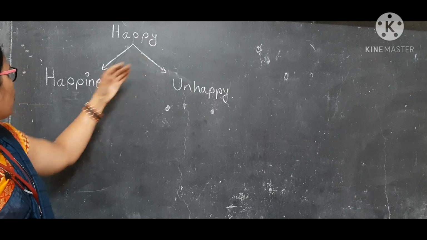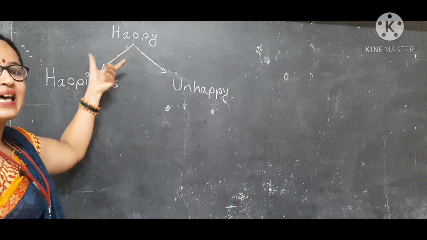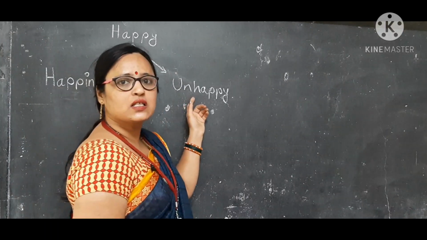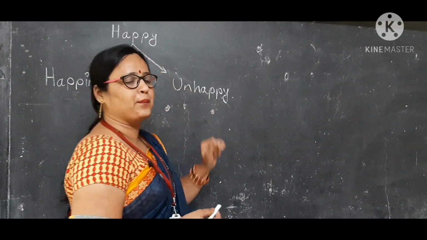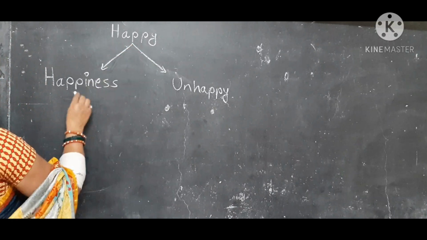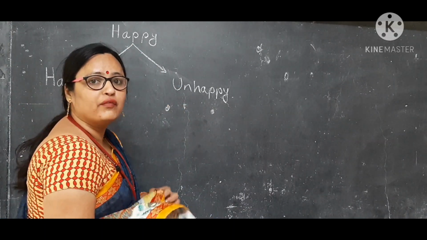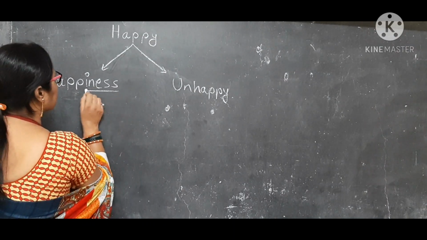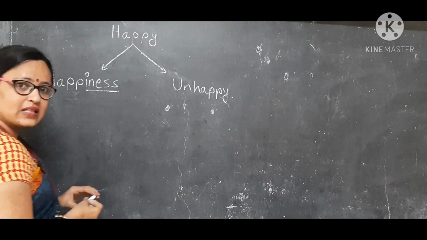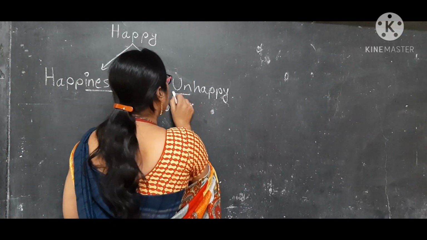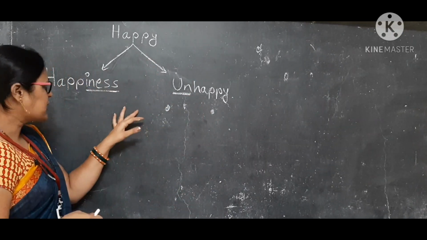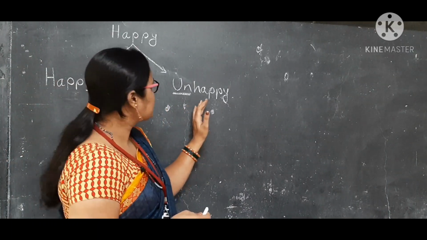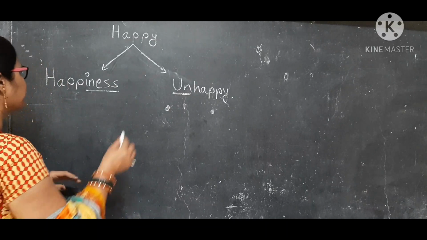Thereafter, on one side happy has been converted into happiness, and secondly it has been converted into unhappy, while happy is in both of these words. But here ness has been inserted, and here un has been inserted. Ness has been inserted after the word and un has been inserted before the word. So